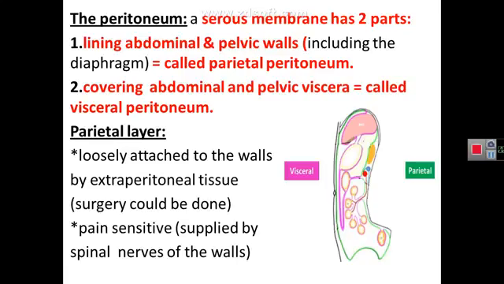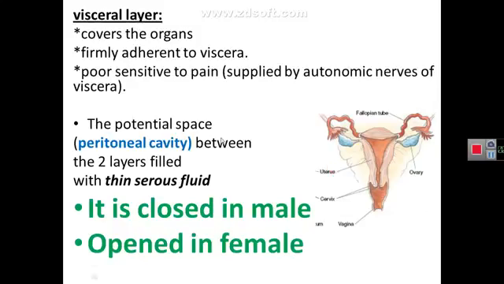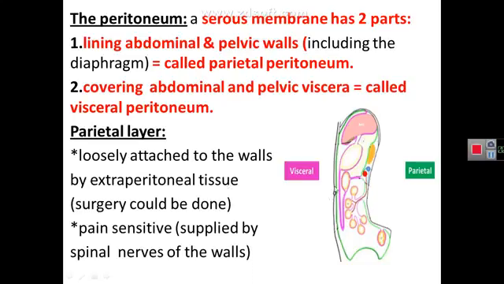So, details of these two layers of the peritoneum include the following regarding the parietal peritoneum attached to the anterior or posterior abdominal wall, superior or inferior. The parietal peritoneum is not firmly adherent to the anterior or posterior abdominal wall, the floor of the pelvis or the diaphragm. It is loosely attached to the abdominal wall by a loose tissue which is called extraperitoneal connective tissue, and this point is very important in regard to surgery,